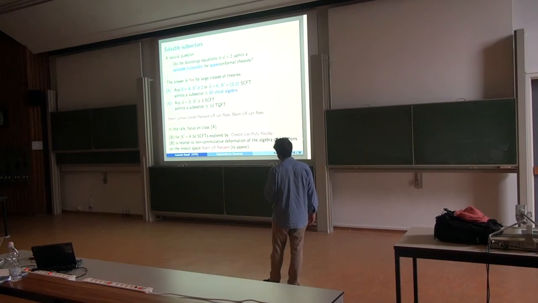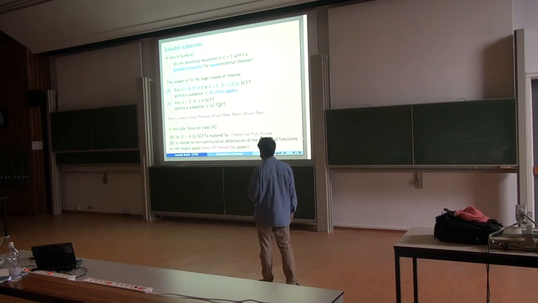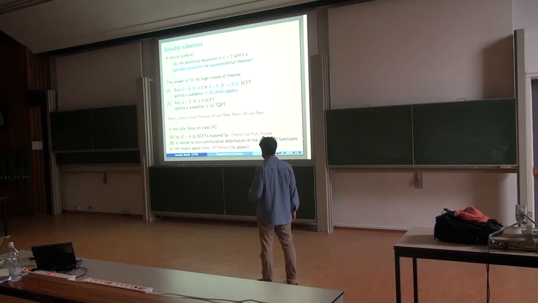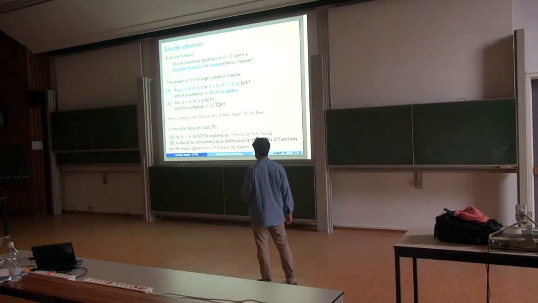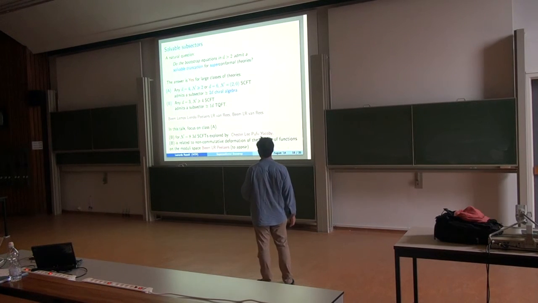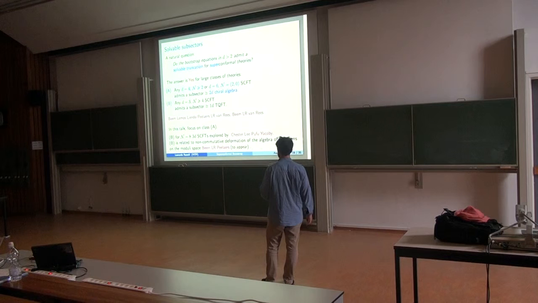Is there a solvable truncation of the Bootstrap equations for superconformal field theories? And it turns out that yes, there is, for very large classes of important theories. In fact, any four-dimensional theory which has at least N equals 2 supersymmetry, that includes, of course, N equals 4, or in 6 dimensions, the very important case of theories with (2,0) superconformal symmetry, which are very mysterious